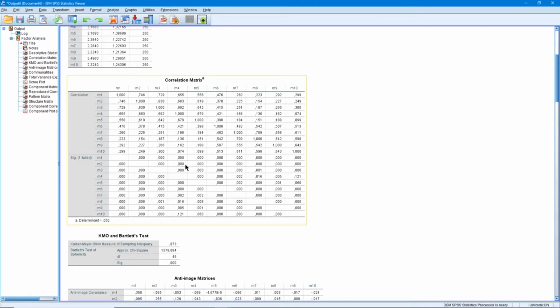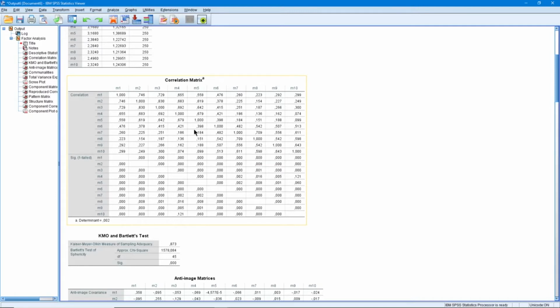At the same time, if the items of our scale are items in the same direction, for example, if all items are positive, we want all of the correlation coefficients here to be positive. First of all, when we want to evaluate the correlation coefficients, we can define a criterion like this. We can examine whether there is any coefficient less than 0.10 or greater than 0.90. When we examine it here, we see that there are generally the correlation coefficients we want.